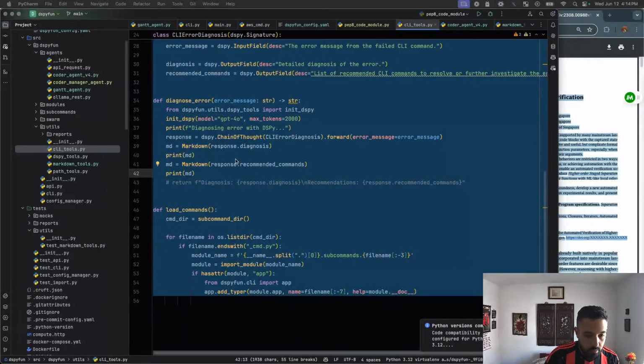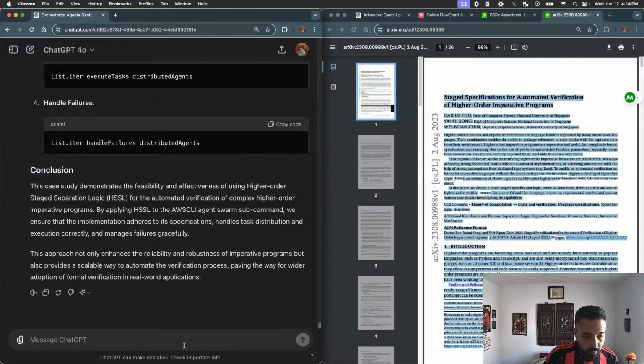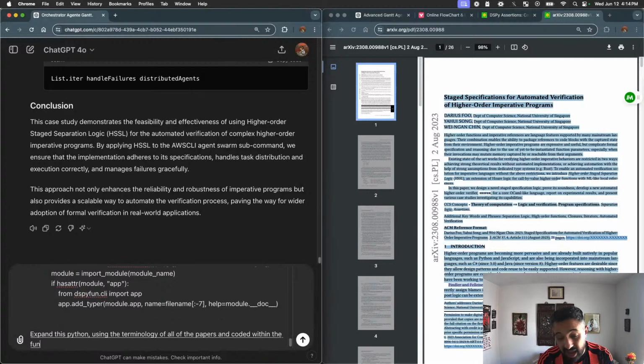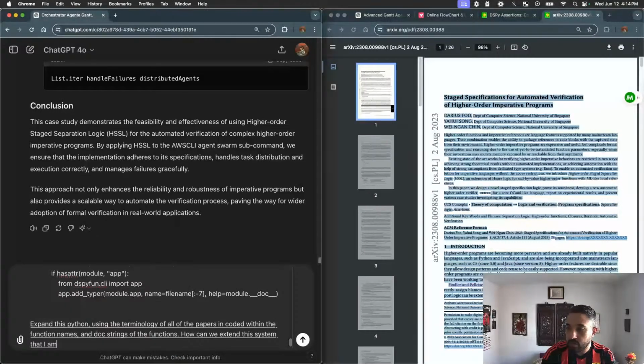We're going to say, expand this Python using the terminology of all of the papers encoded within the function names and doc strings of the functions. How can we extend this system that I am showing you to create